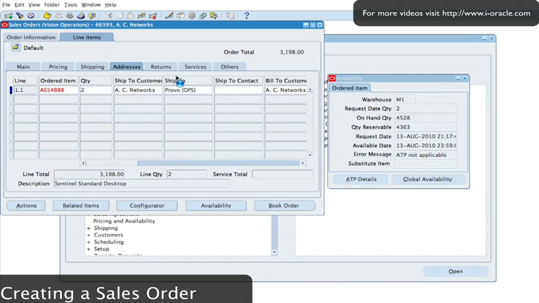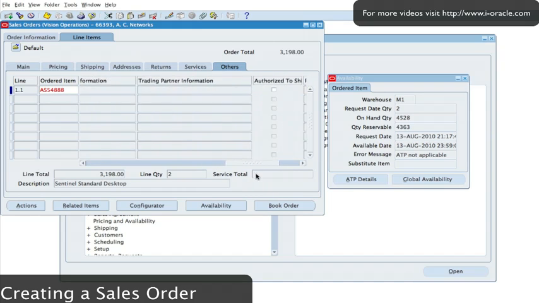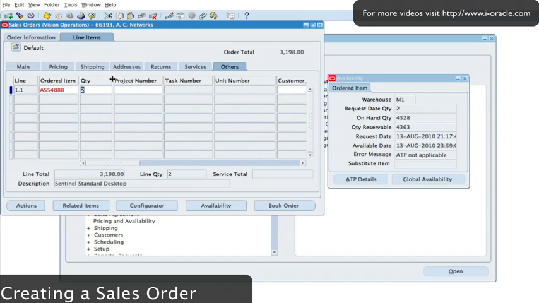If it's a return, then the returns tab needs to be filled in with the reason for returning the goods, and if it's for a service item, which could be for maintenance or installation items, that could also be entered as well. You have the orders tab for additional information on items. For example, if it relates to a project, you can enter the project details in here as well. Once we're happy with the details, we click on the book order to book the order,